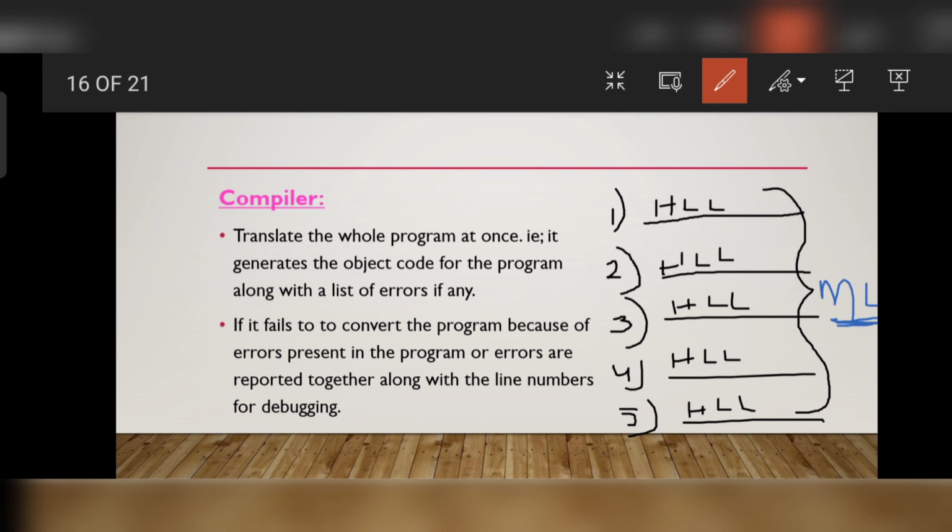Then the computer will understand what we are trying to communicate with it, and the computer will execute it, okay, or work on it, and we will get the result, that is the sum of these two numbers. If the program is for adding two numbers, then after the execution we will get the sum of these two numbers. Okay,